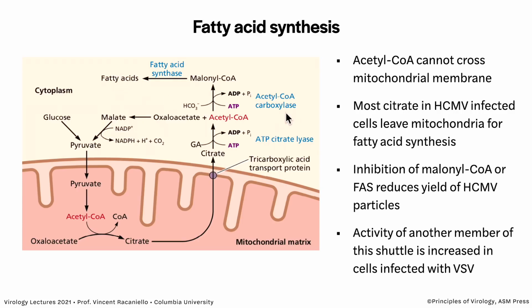And if you inhibit malonyl-CoA synthase or fatty acid synthase, and then you infect cells with cytomegalovirus, you inhibit virus yields. So that provides direct support that these fatty acids are required for production of virus. And for another virus, vesicular stomatitis virus, another member of this shuttle is increased in cells infected with that, again, because this virus requires fatty acids. A little more on